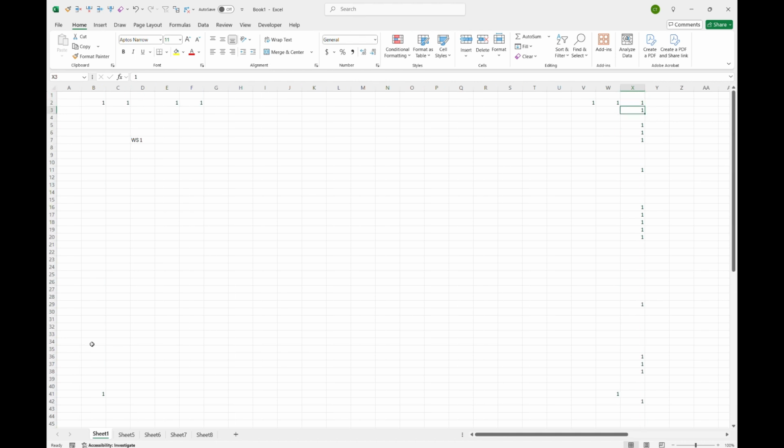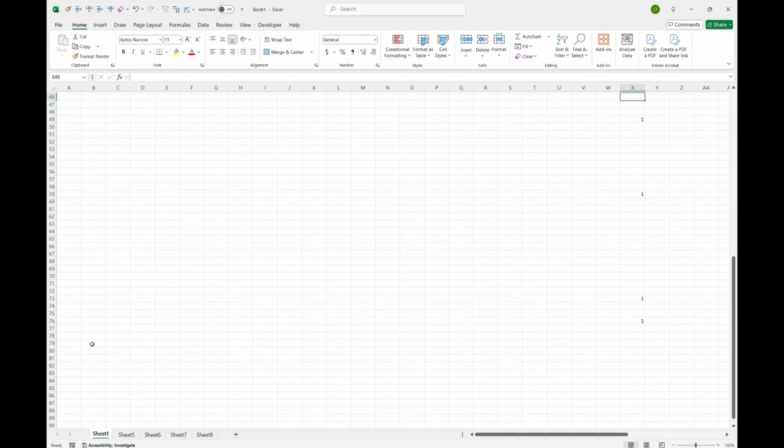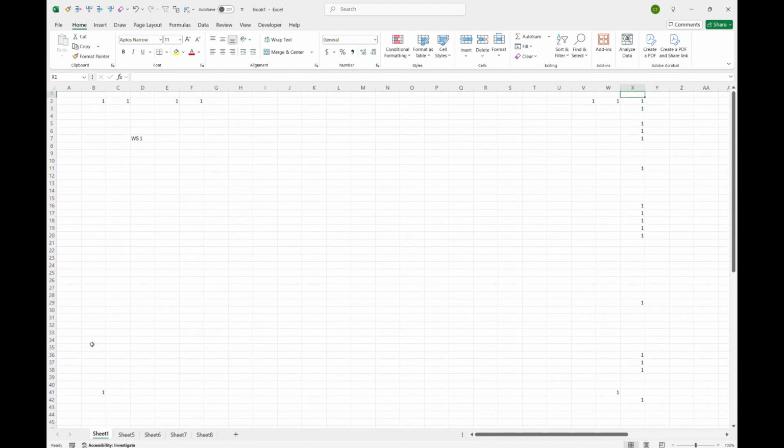But if I do it manually like this, if I'm searching for a value, it's probably going to take a while. Versus if I use Page Down, it already helps me navigate probably better than what I was